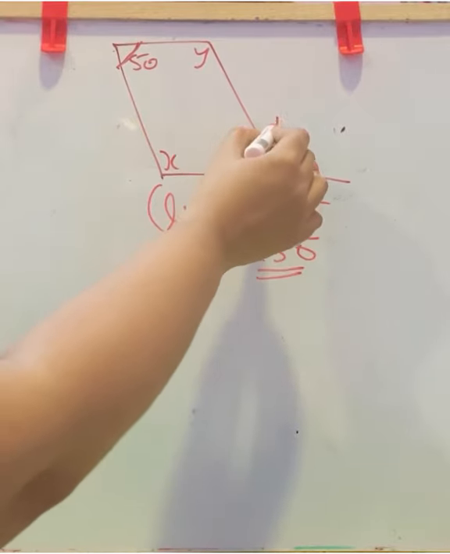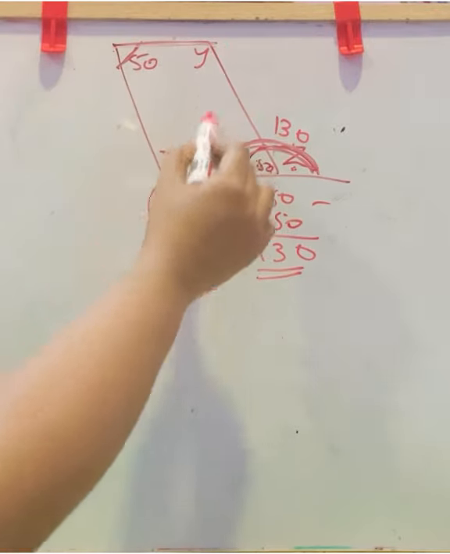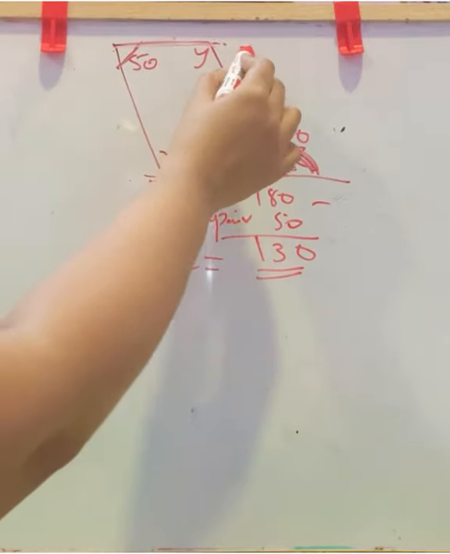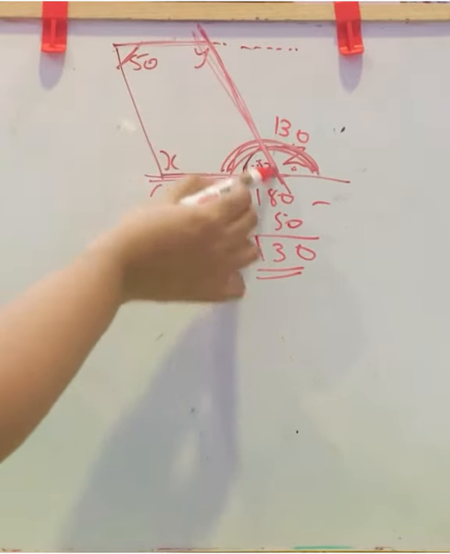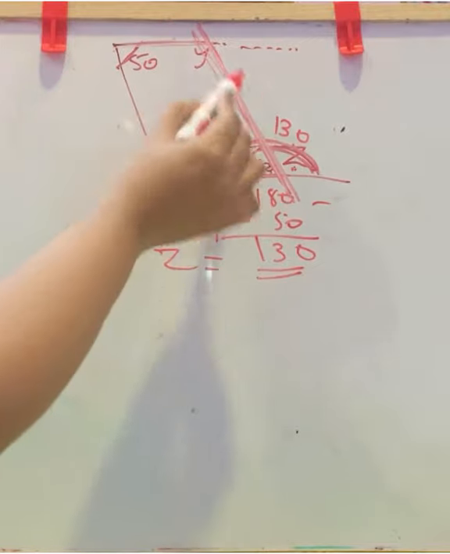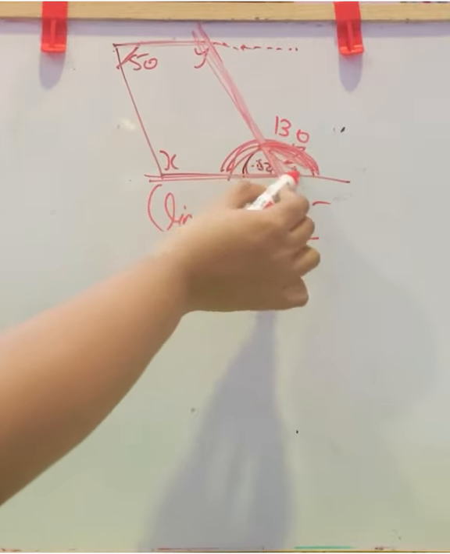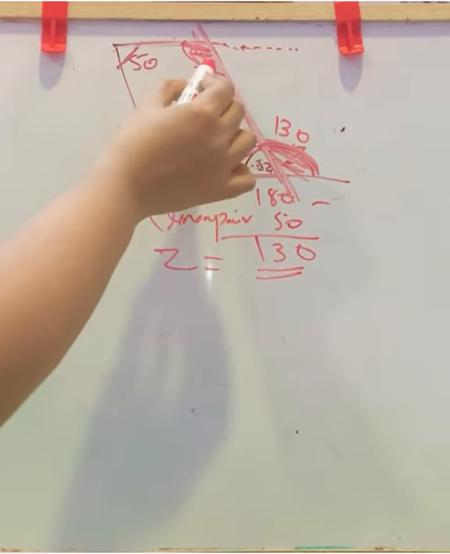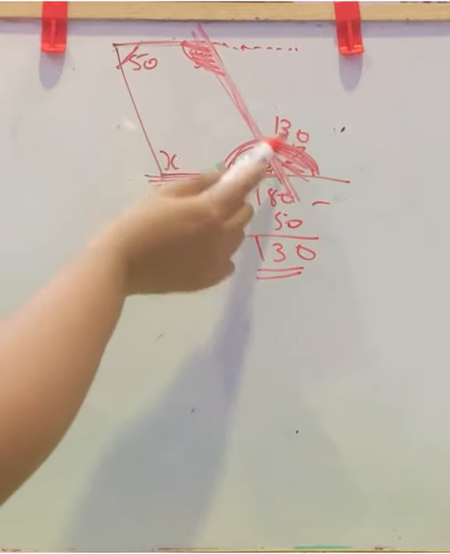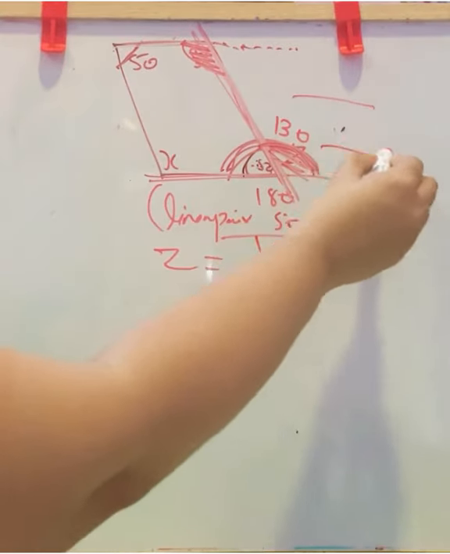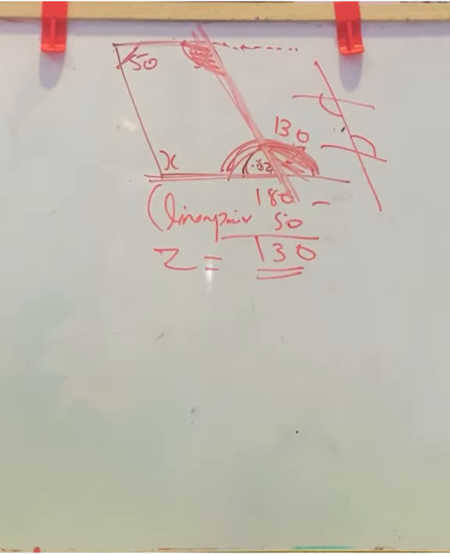This you got 130. We know this is a parallelogram and this is a parallel side to this. So if we extend it, you can see there is a transversal here. Can you see the transversal? If you extend it, you can say this is one angle with 130 and this is the other angle with 130, because the reason is alternate interior angles. If two lines are there and a transversal passes through them, this and this will be alternate interior angles.